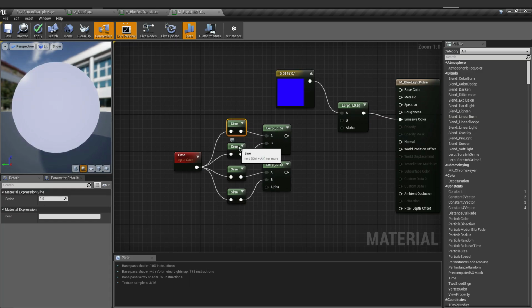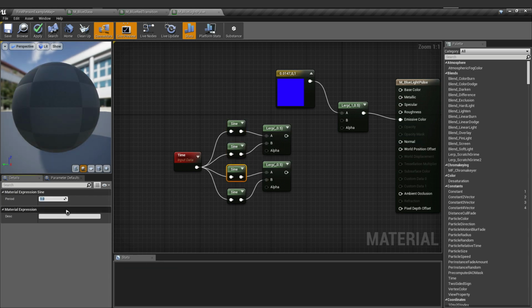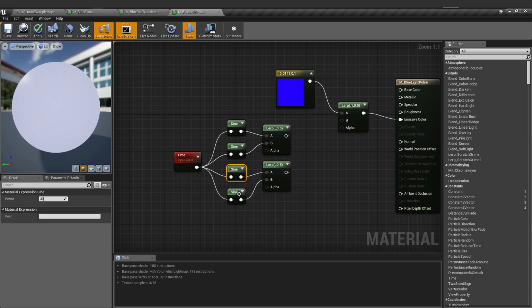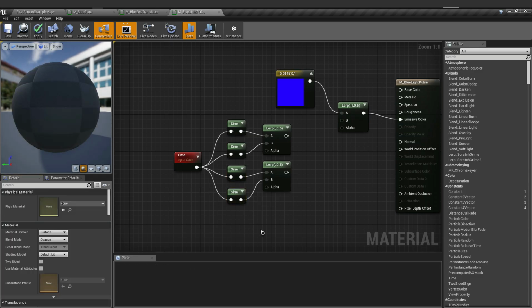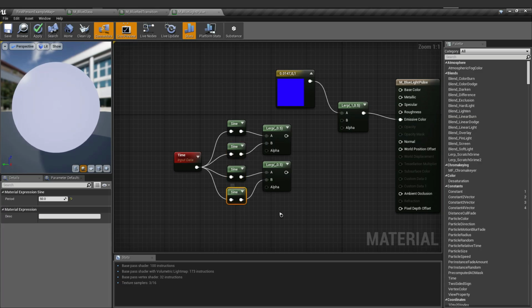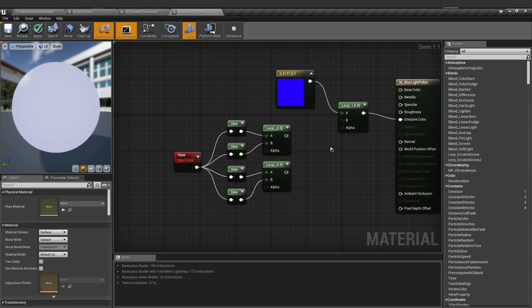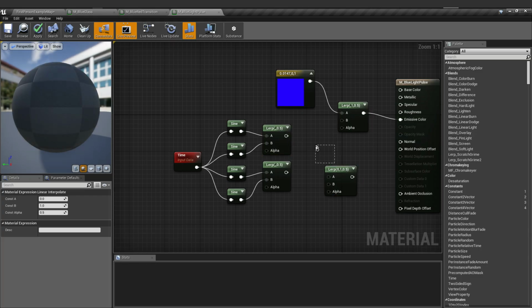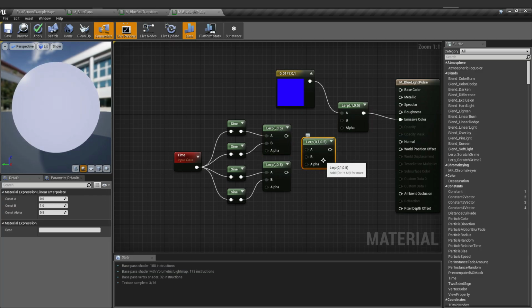And let's change the period of each sine. So let's say this one is 1, then this one, let's say 10, and this one, let's do 30, and the fourth, let's make it 50. So we have 1, 10, 30, and 50. Next, we're going to connect these two linear interpolate nodes to another linear interpolate node, just like this one.